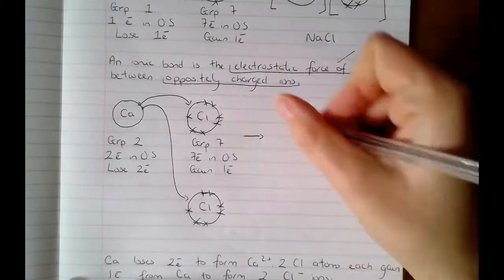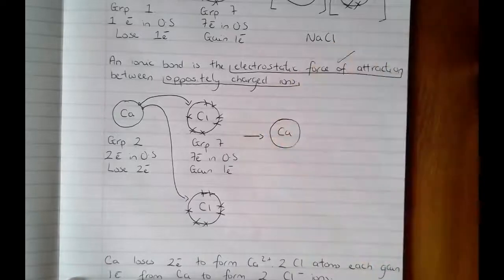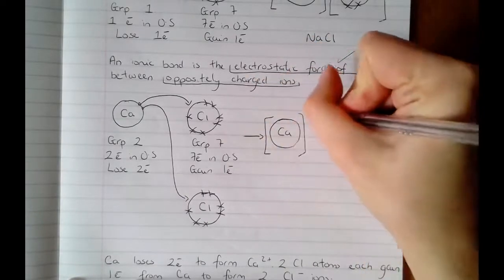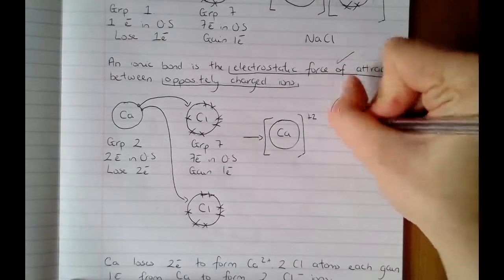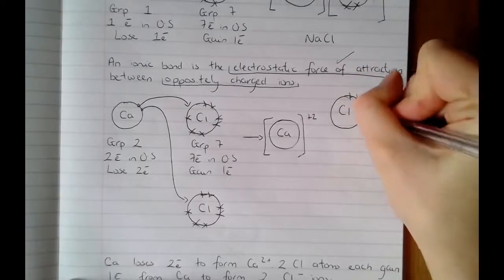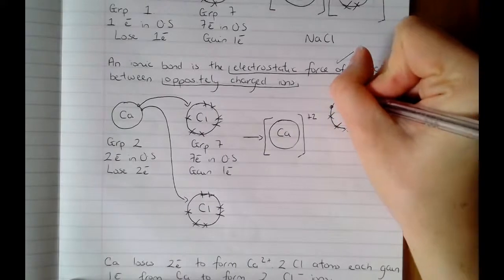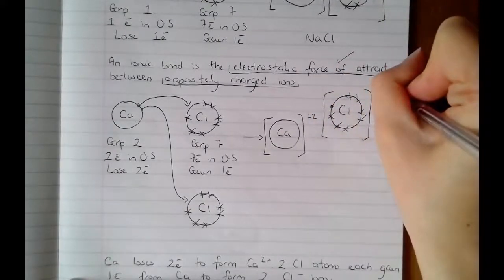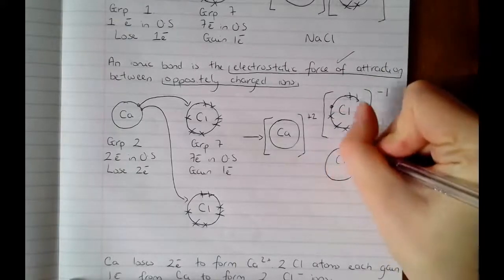If I'm drawing this on the other side, again, I'm going to draw calcium, but this time without any electrons in its outer shell. Because it's lost 2 electrons, it is going to have a +2 charge. Then I'm going to draw my 2 chloride ions. Each one will have the 7 original electrons, but then 1 extra electron from calcium. Because each ion is gaining 1 electron, it's going to have a -1 charge,